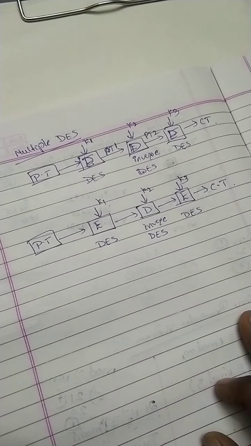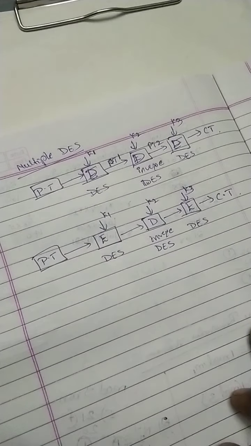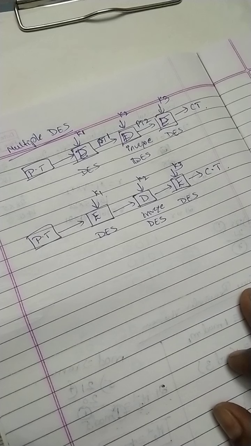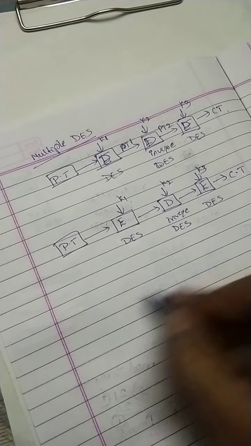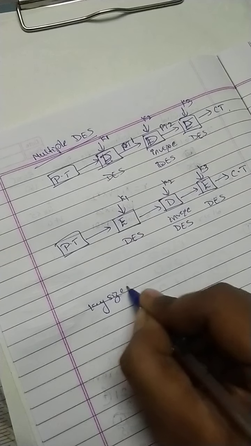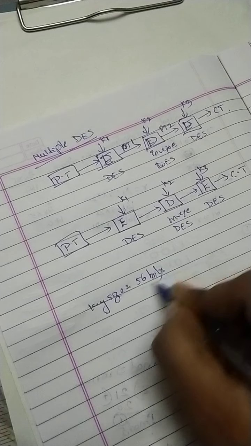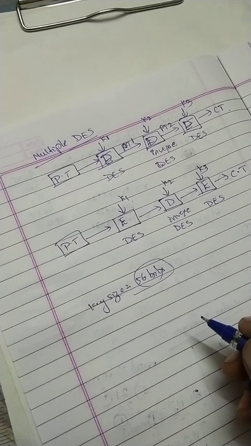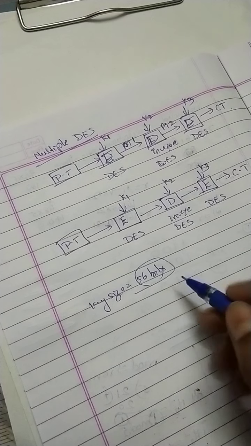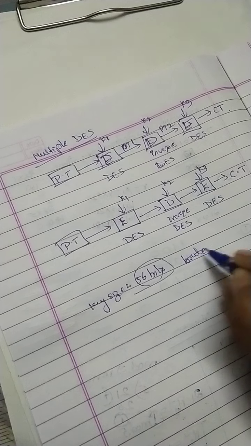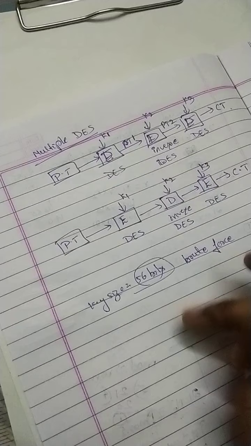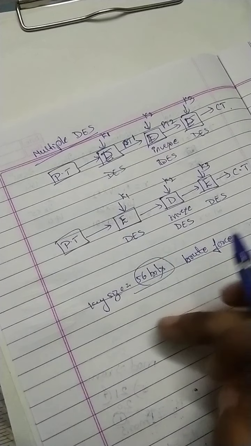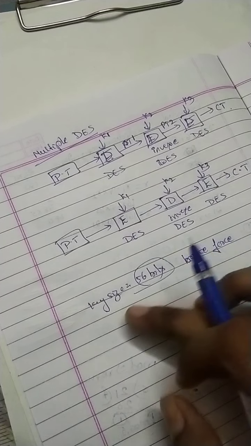Next, we will discuss the multiple DES conventional encryption algorithm. Why do we need multiple DES? If the key size is only 56 bits, the attacker can easily evaluate all 56-bit keys using a brute force key search algorithm. He can easily identify the key because only 56 bits are used as the key size.